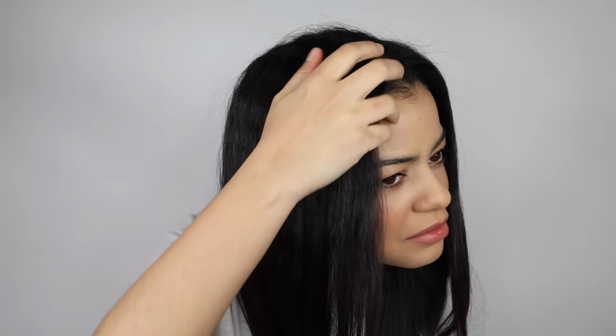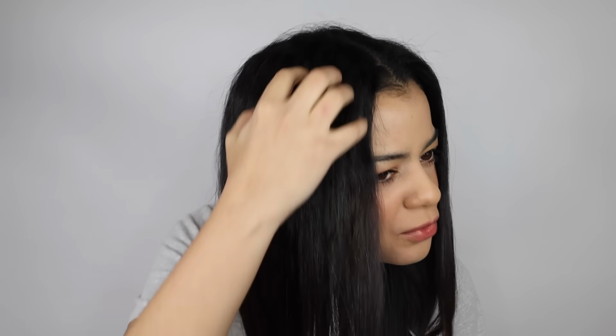Okay guys, I am back. 70 minutes passed, and I feel like this side is very frizzy. Like, it got frizzier. So what I'm gonna do is that I'm actually going to just keep straightening this side of my hair with the Dyson, and we're just gonna test it and see how long the battery is going to last